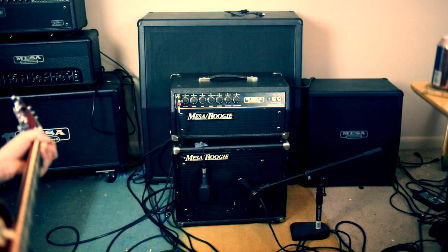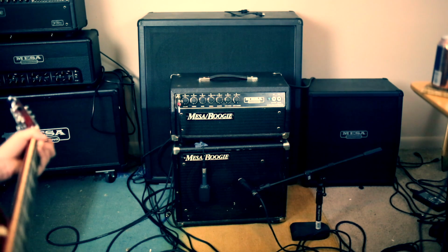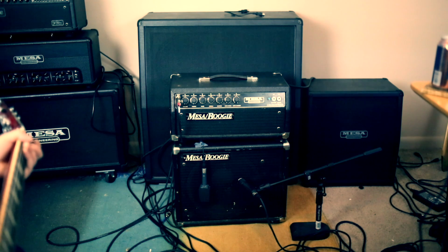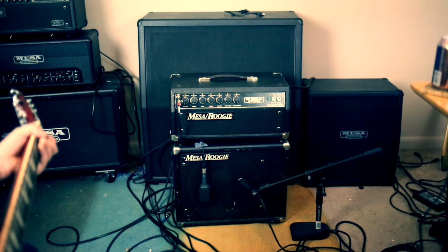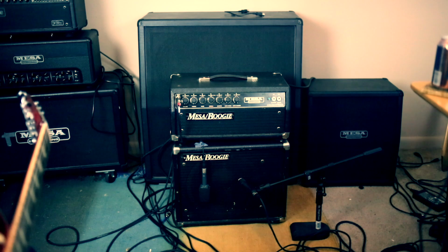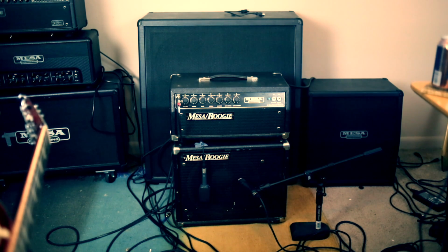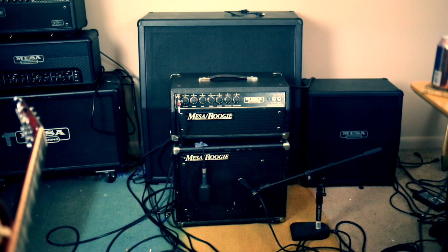So, anyways, what I was going to say is that the problem with the treble control being a gain control is that it can dirty up your cleans. So if you dial it back, you get a nice clean sound. It's actually on the bridge pickup. But you get a nice clean sound, but then you lose the high end. So on the back of the amp, there's a presence knob that you can use that will give you a little more towards the 6K end of the spectrum, but it doesn't add a lot of